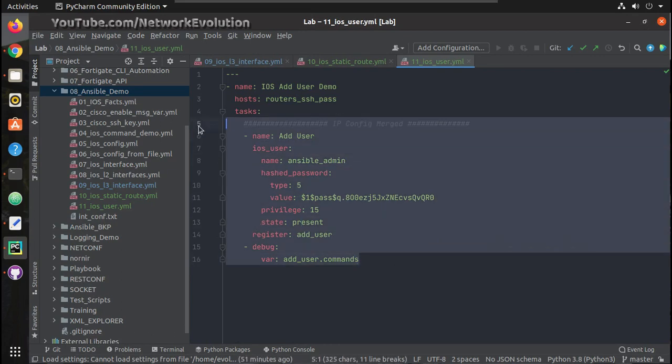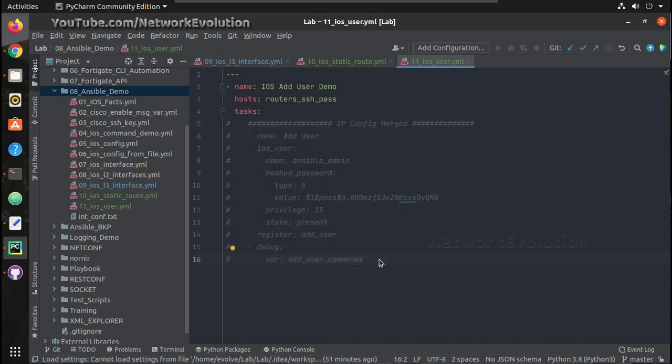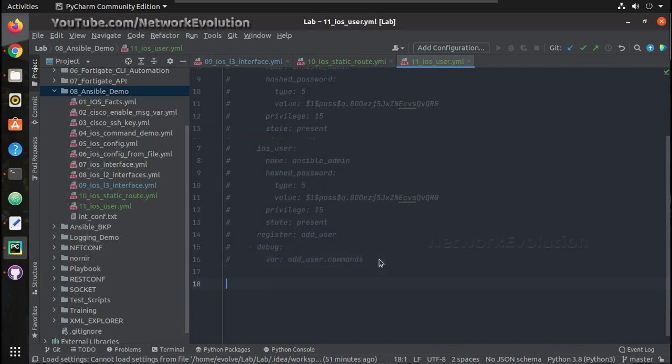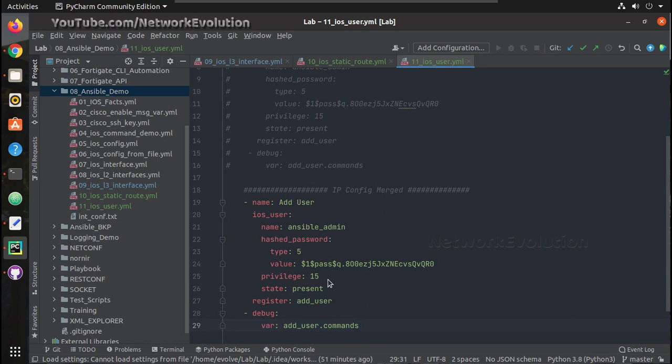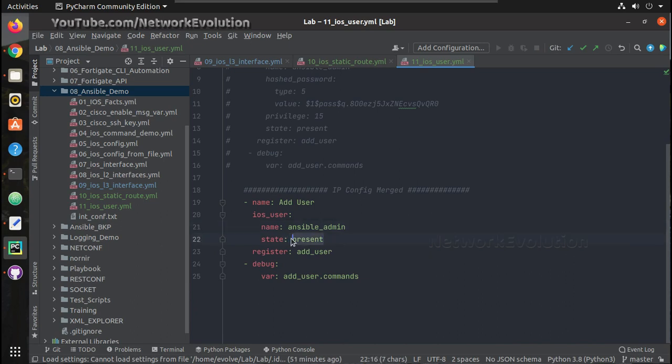We'll copy this. All these we can remove. State will give as absent. Remove_user.commands.